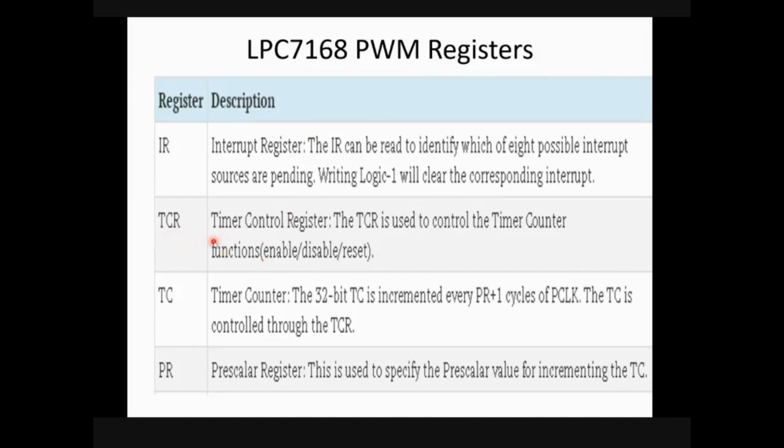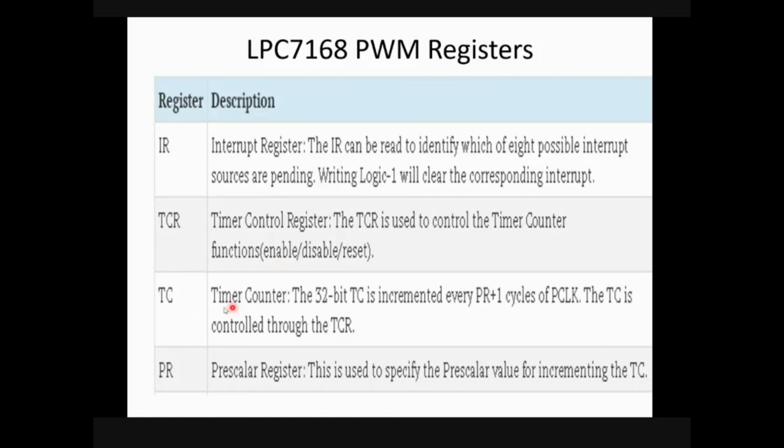Then TCR, the timer control register. This register is used to control the timer counter function. There is one timer counter which is responsible for generation of your clock pulses. This timer counter is controlled by the timer control register. This register TCR is used to enable, disable or reset the timer counter.